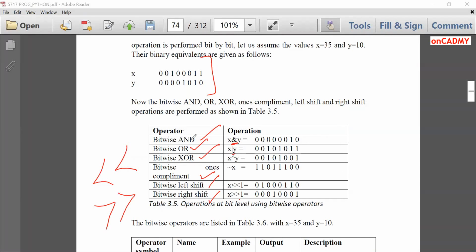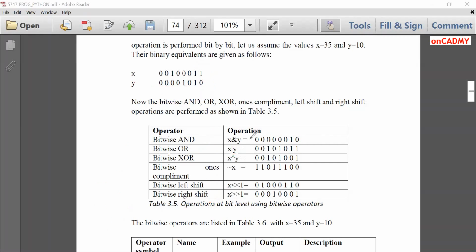So first of all, how will bitwise AND be computed? x and y. It is same as logical operators. When both the inputs are true, only then the result will be true. So in this case, if I perform bitwise AND operation between x and y, then the result will be this. Because only here both the inputs are 1, 1, otherwise either 1, 0, or both are zeros. So the output will be 1, 0 over here, and rest of them will be zeros. So this is the output of bitwise AND.